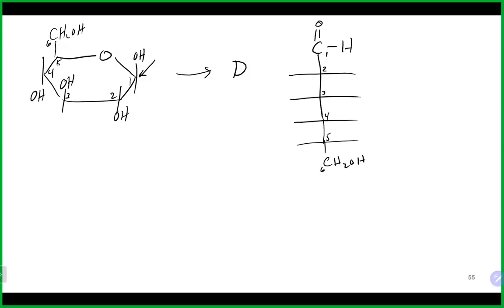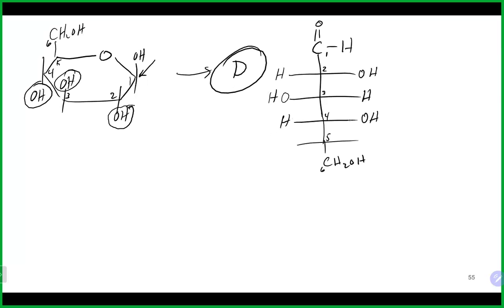At this point, we could just work backwards. Like we talked about, when we drop our structure on its side, anything on the right-hand side ends up down, which means this OH on number 2 should have started on the right-hand side. When we go to number 3, it's up, which means it should have been on the left-hand side. Here it's down, which means it should have been on the right-hand side. And again, the D here will tell us that our last one should end up there on the